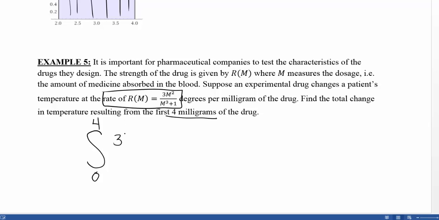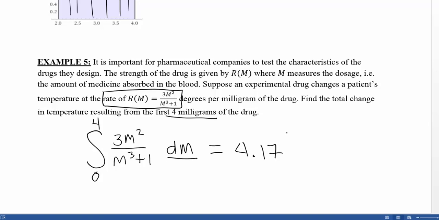So we're going to integrate from 0 to 4, 3m squared over m cubed plus 1 dm. So this operator that comes at the end, the variable needs to match the variable you're using, because again, that operator tells you what the variable is. So since it's m here, we're going to put dm at the end. So we're going to put this all into the calculator, and we're going to crunch this number, and we're going to get